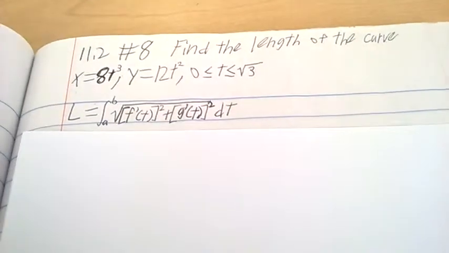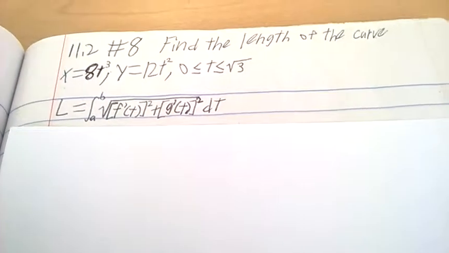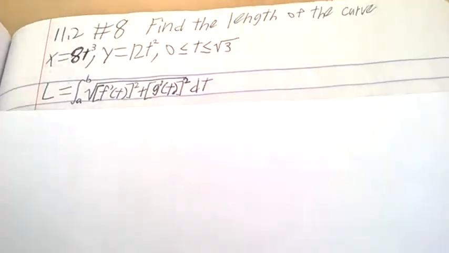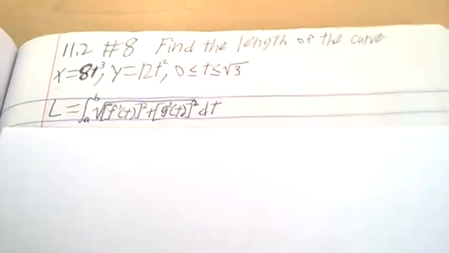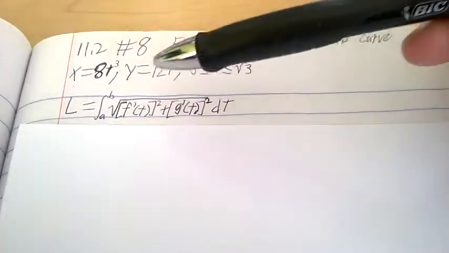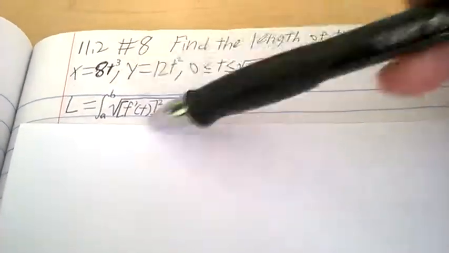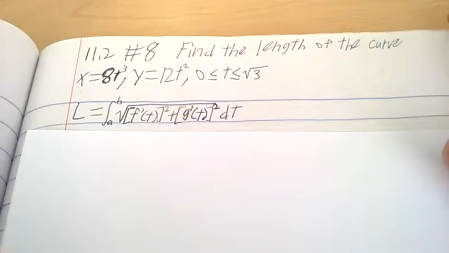So we've got our equation here to find the length. That's the integral from a to b of the square root of the derivative of our function f'(t) squared plus g'(t) squared dt. So our x here can be our f of t, and our y can be our g of t. So finding the derivative,